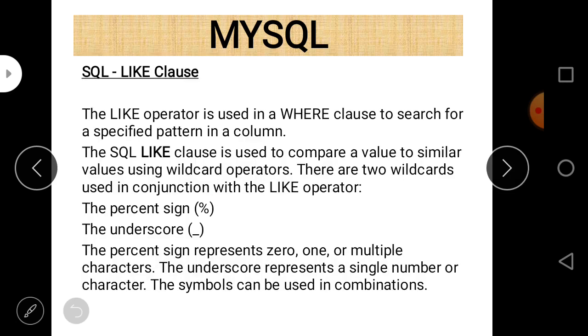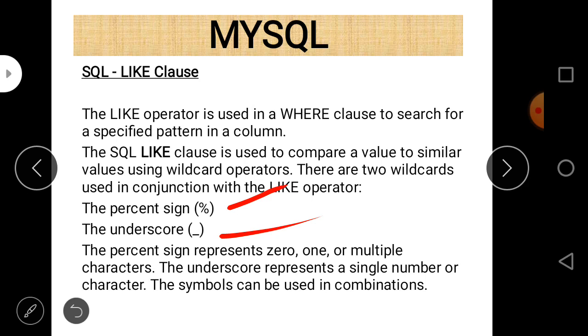Next is SQLite. The LIKE operator is used when we are not sure about the exact condition, and it works with wildcard characters. There are two wildcard characters: the percentage sign and the underscore sign. Both are used when we are not sure about the exact conditions and are not very familiar with the conditions that we put.